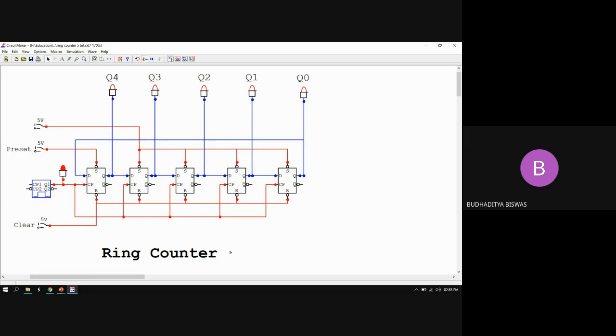Okay. And you see, the ring counter means the last flip-flop. This is the last flip-flop, and its output, Q, is the output. The last flip-flop output is taken back and connected to the first flip-flop input. All the other flip-flops get the previous flip-flop output. Suppose this is D0, so Q0 is connected to D1, Q1 is connected to D2, like this. All the flip-flops except the first one get the D input from the previous flip-flop output, not the Q bar output. And the first flip-flop gets the input from the last flip-flop output. This is called the ring counter.